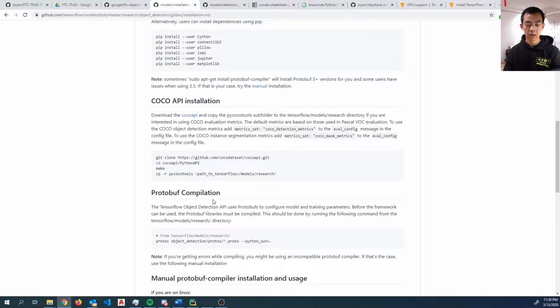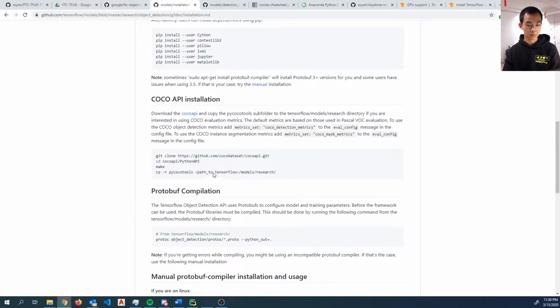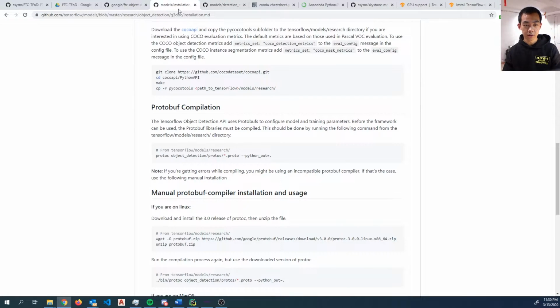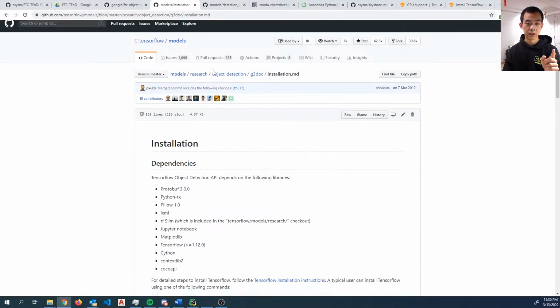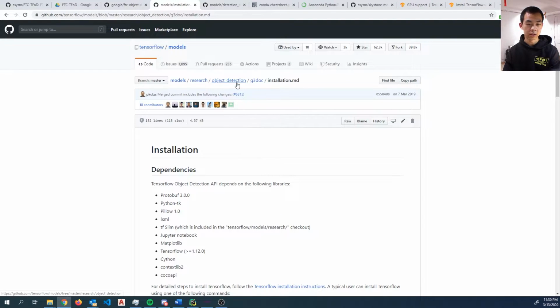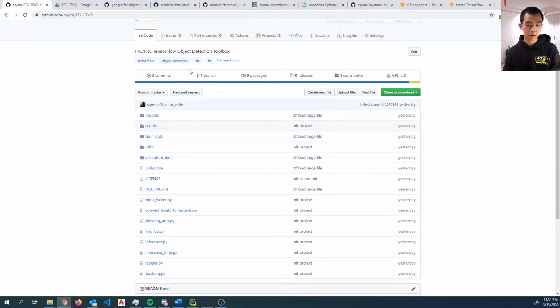So this thing has a little problem running on Windows. You can just search this out, and I might make a separate documentation on that because I don't want to use too much of the video time. After you get everything installed, so basically Anaconda, TensorFlow, the object detection API from TensorFlow, and